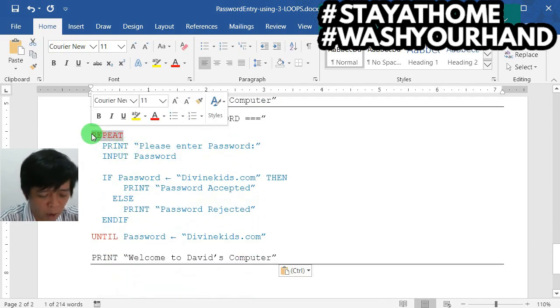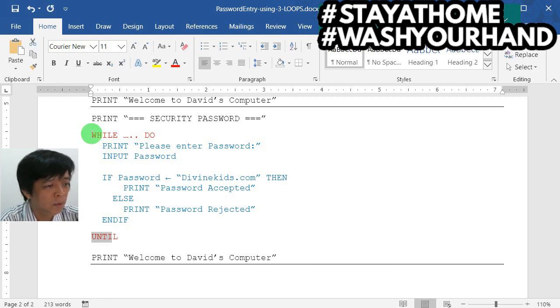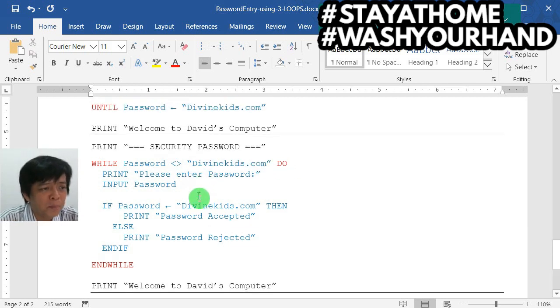So let's say while, do, and while. Okay, while what, do what. While what, do the lines, the blue text here, and then this one is moving up. While, do, and while. And while what, let's try to paste it here. Okay, while password equals to, I say it's like day and night. This one is the reverse version, black and white. Okay, equals to and not equals to. While password is not